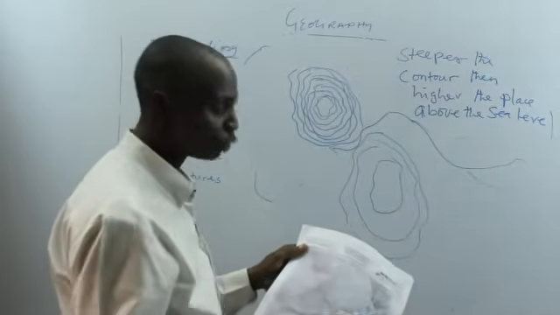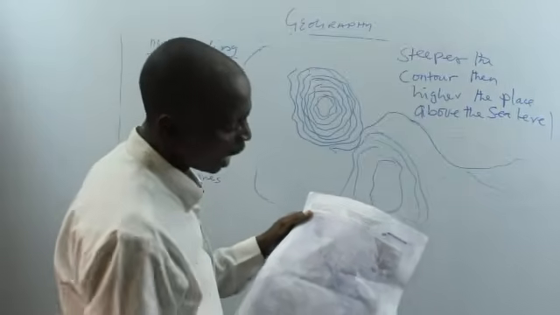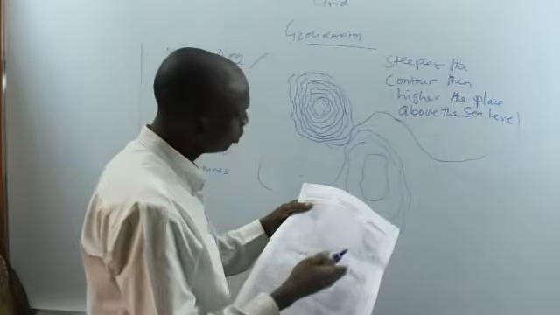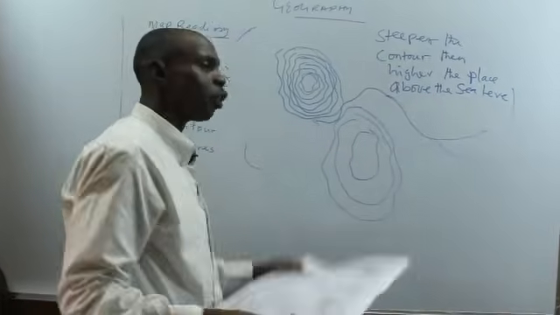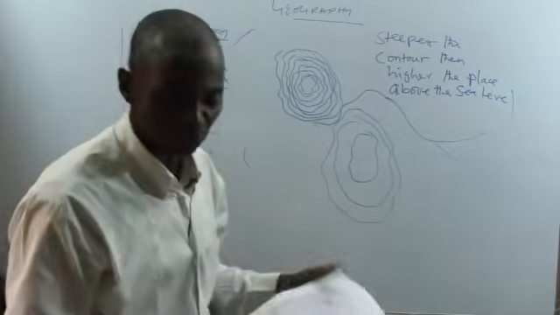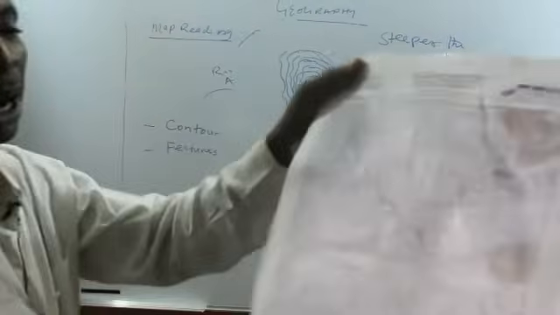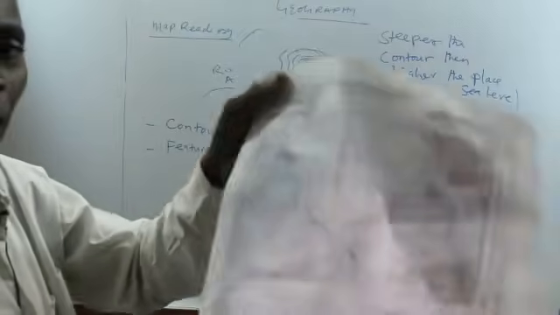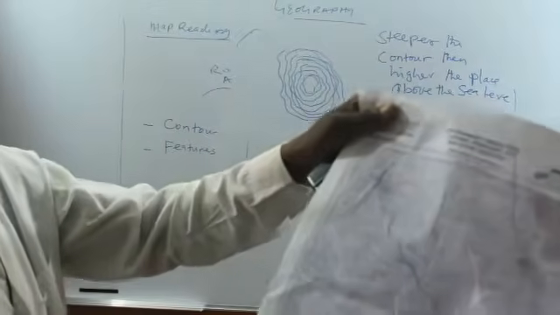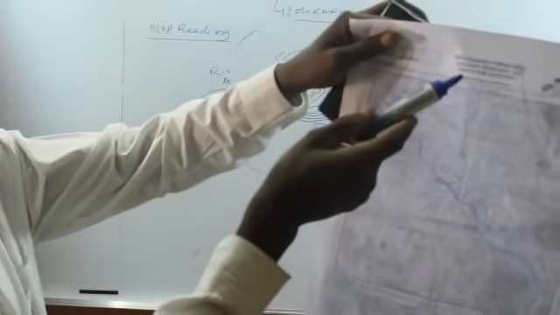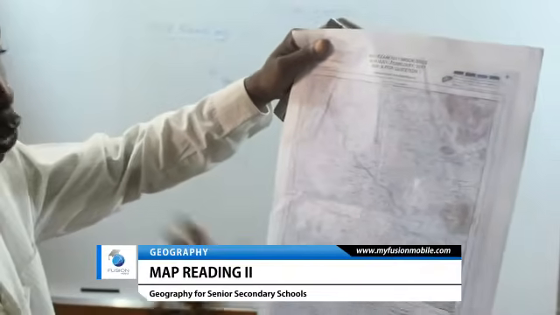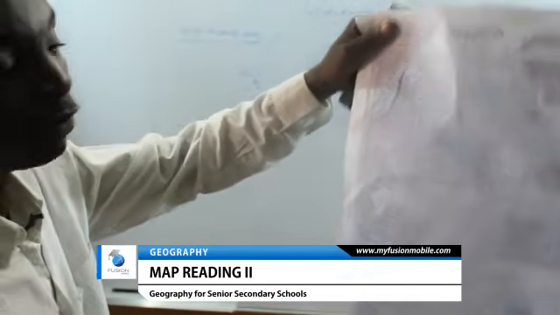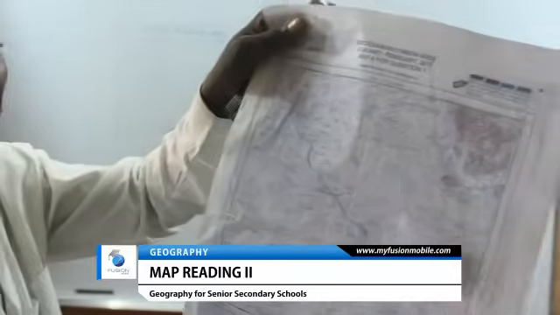It can be a plateau, it can be a mountain, and it can tell us the direction of flow of a river. And if you give this map, for instance, to a layman, a non-geographer, he will tell you that there is no way the river will flow from the south towards the north. But with the knowledge of what we have studied now, if you pick any of this map and you look